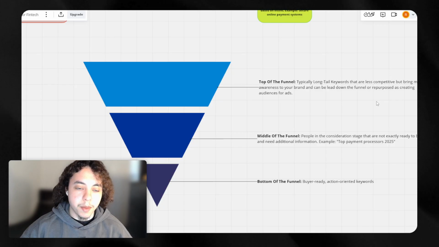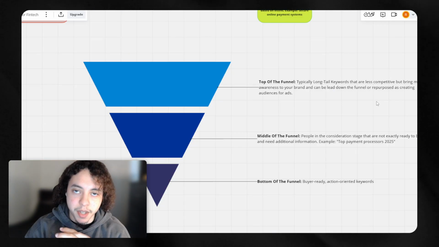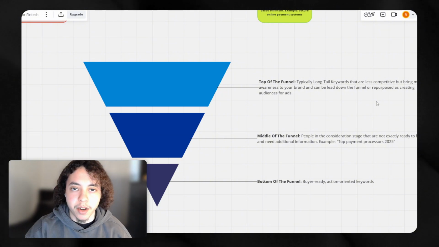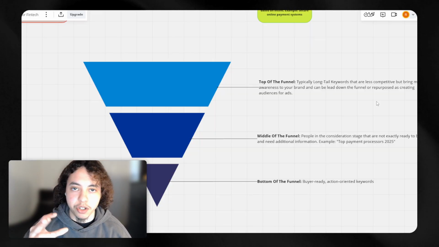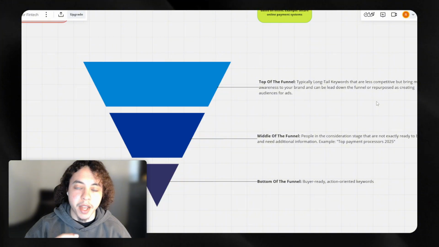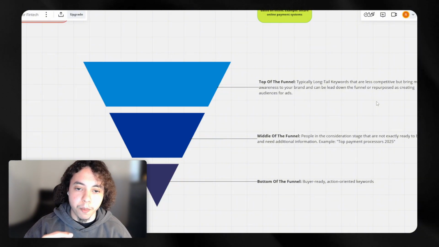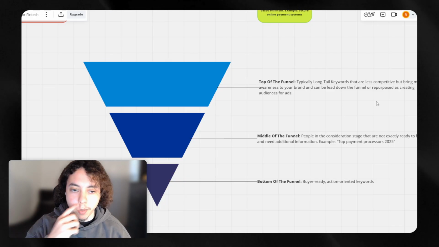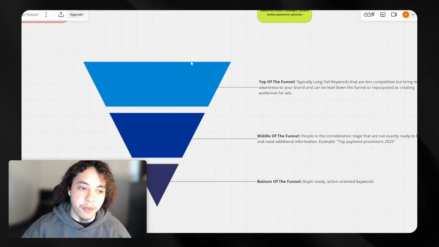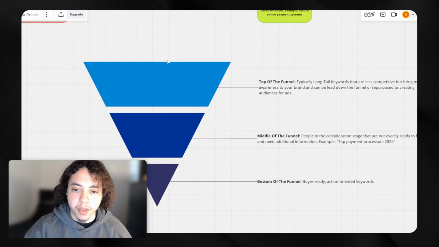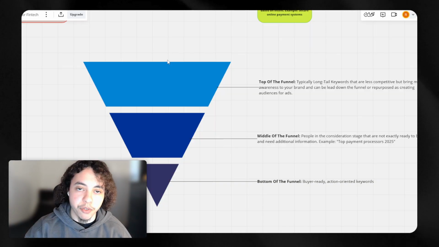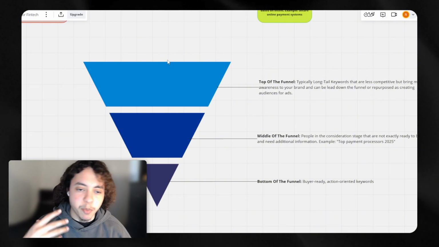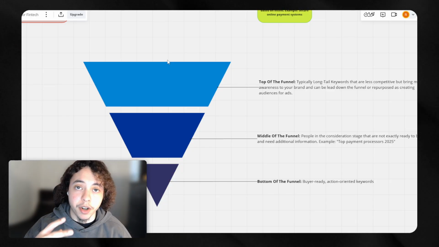Right. So every keyword has a different intent, and it's also within a different stage of the customer acquisition journey. So once you pull all this data and all these keywords that you want to start ranking for, it's important to start categorizing them into what stage they're going to be in, since this will play a part in how people would interact, and also the overall intent when it comes to the content you're trying to create, right? So typically long tail keywords would be more top of the funnel when it comes to your marketing acquisition stage, and this would bring in a majority of the awareness into your funnel and to your overall brand. But this would typically convert less, but this can be repurposed, as explained before, into targeted audiences,